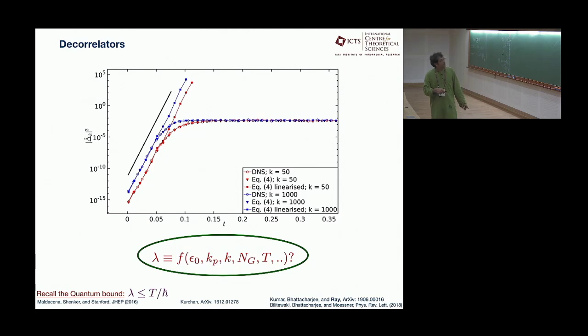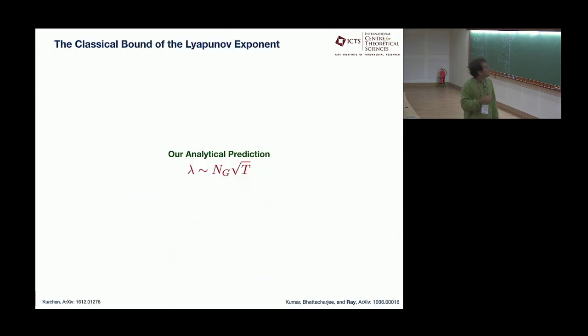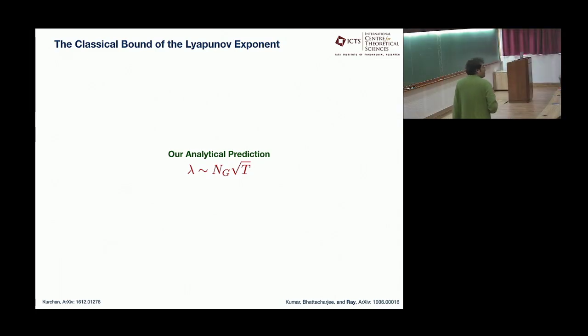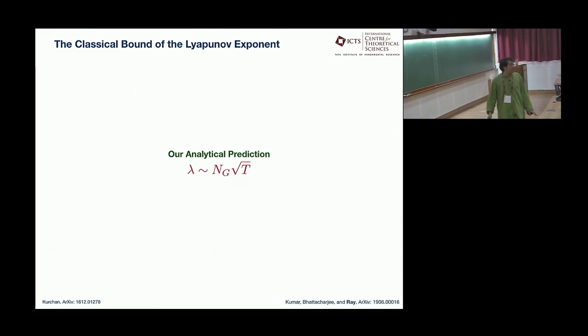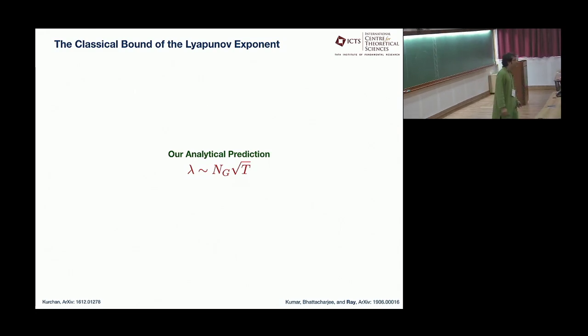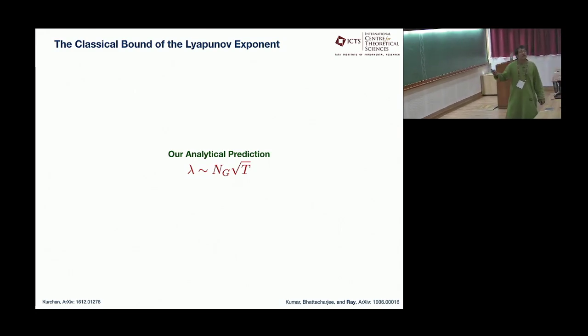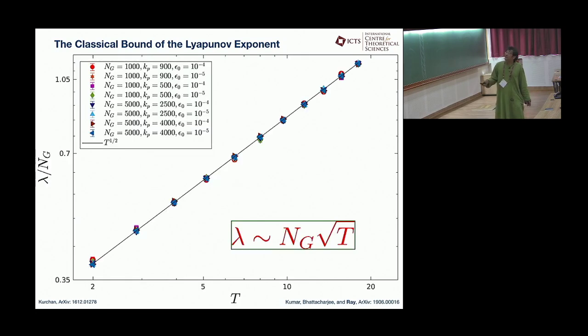So just to recall the famous quantum bound, lambda is bounded from above by the temperature. The analytical prediction from the linearized form of this equation was that the Lyapunov exponent should scale with the number of degrees of freedom and the square root of T. And this is consistent with the work of Kuchan and others. And lo and behold,